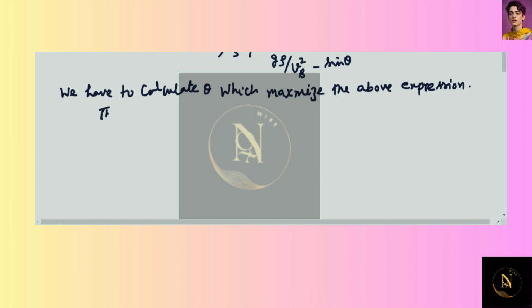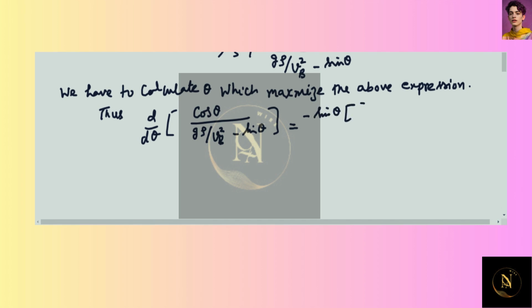Thus, d upon d theta of cos of theta divided by g into rho upon square of velocity minus sine of theta must be 0. So you may write minus sine of theta into g rho upon square of velocity at p minus sine theta